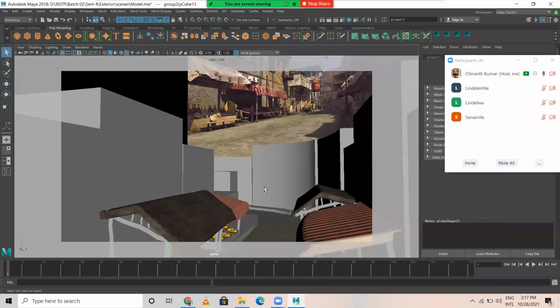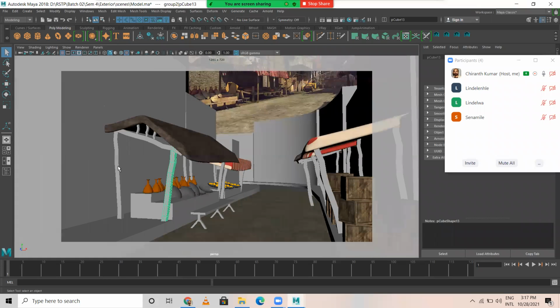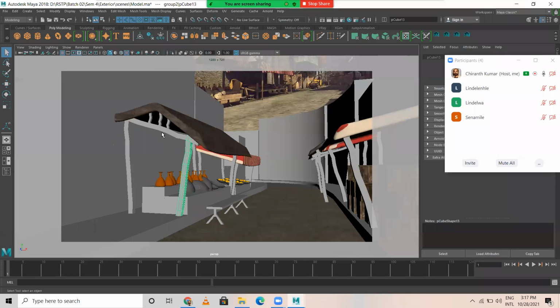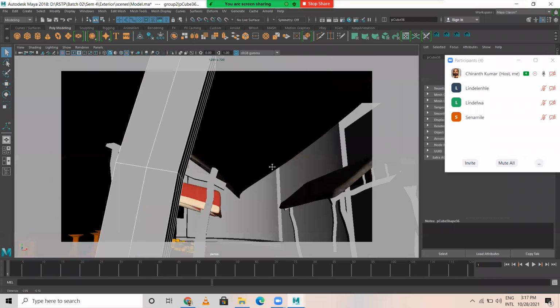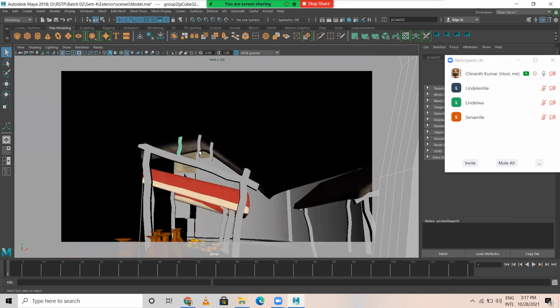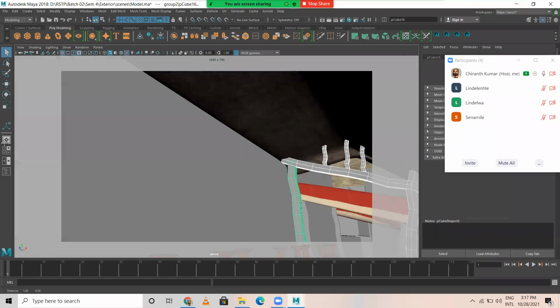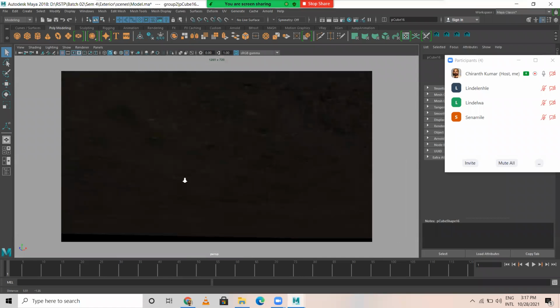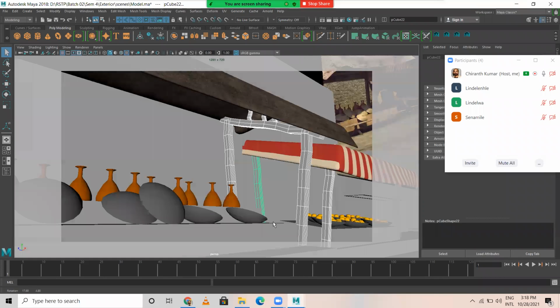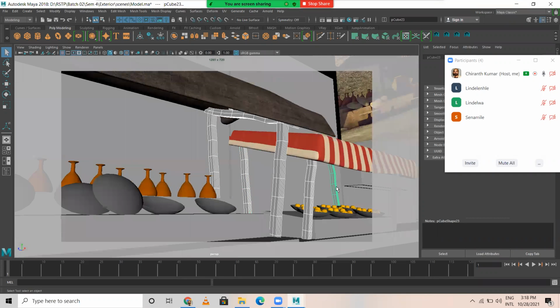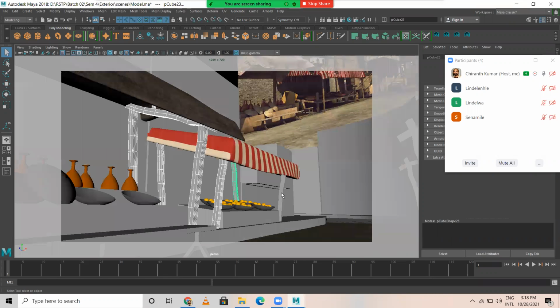Here I would like to apply. Let's do one thing. Let us select everything and group this. I'm selecting all this model and grouping this. You should select by holding the shift key.